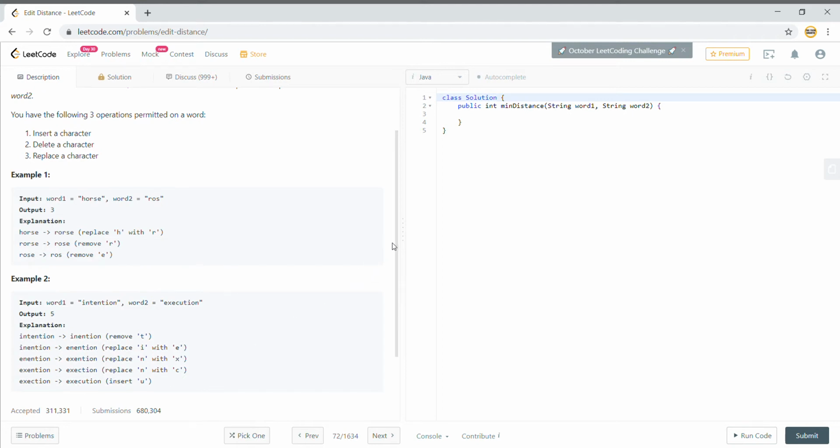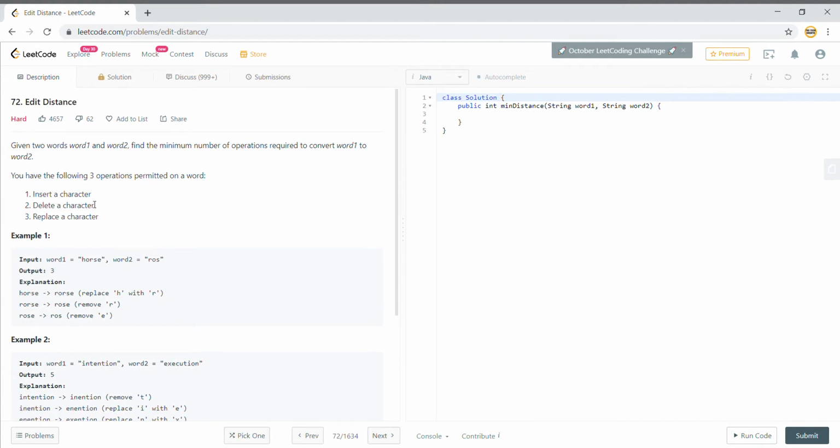But there can be a scenario where you are given different weights for different operations. At times insert can be a less costly operation as compared to delete. For example, you may have to delete from the end of a linked list, so you have to traverse the whole linked list and then delete. But in this particular problem there is no such constraint, so we are okay with it. The concept that I am going to explain can be used when you are given some weight for each of the operations as well, so it will work there also.